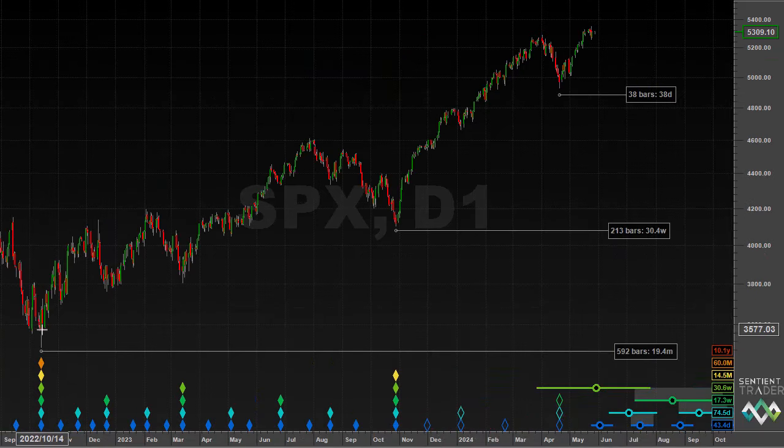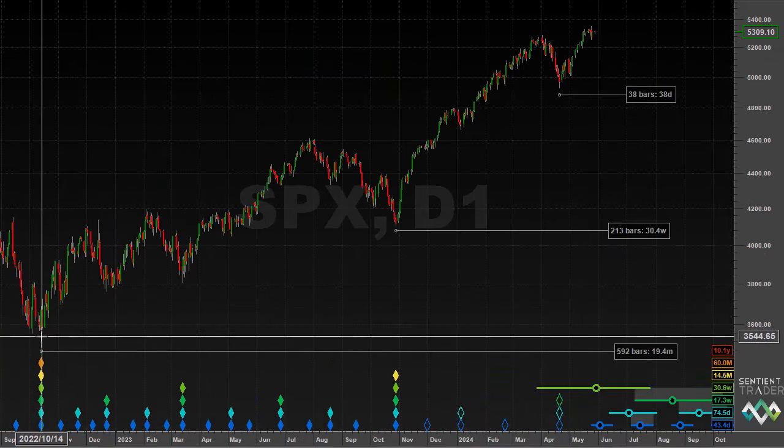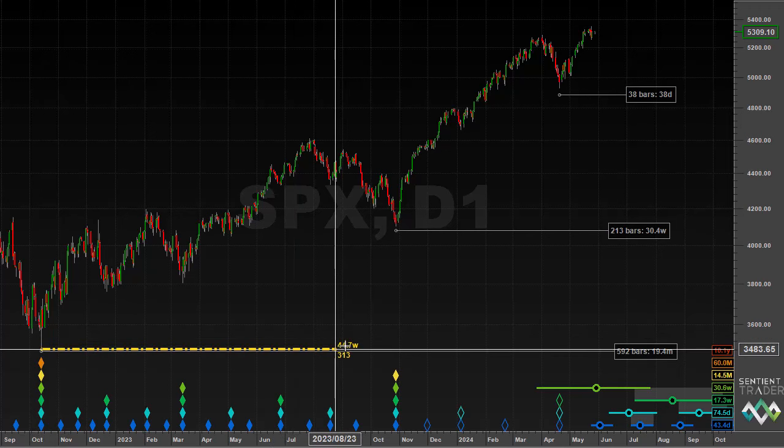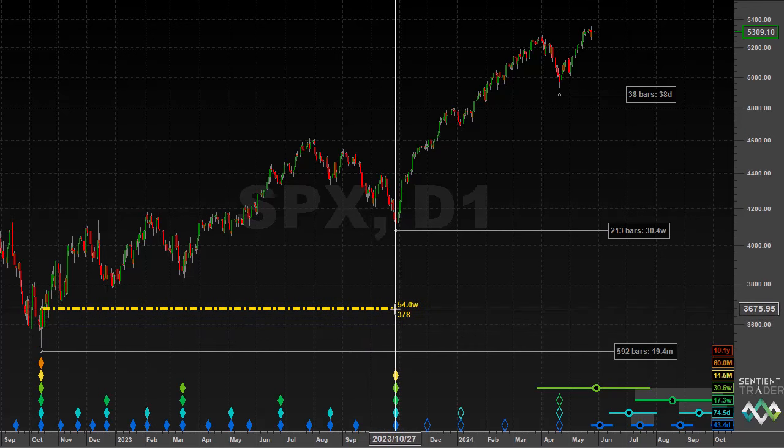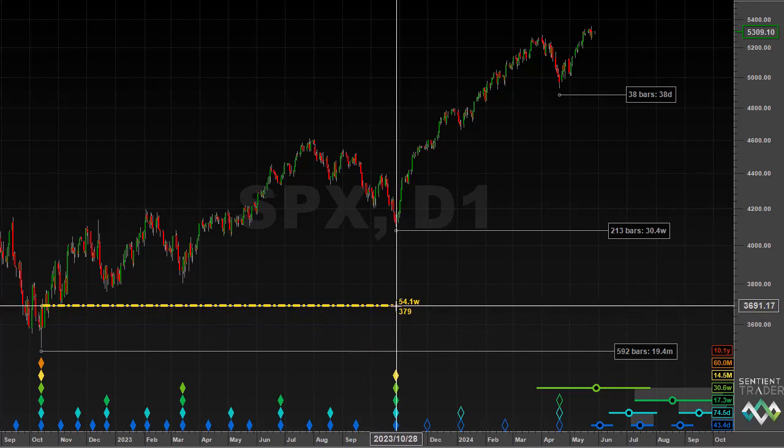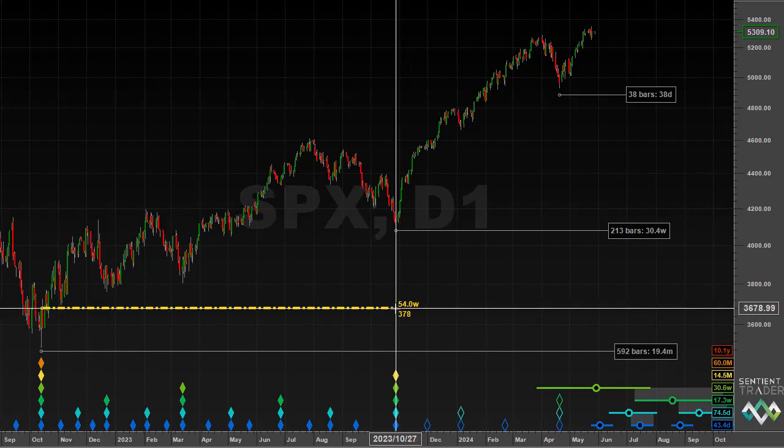And so if we zoom out and measure the number of bars from the 54-month or potential 54-month cycle trough that formed in October of 2022 to this 18-month cycle trough that formed at the end of October last year, you will see there were only 378 days. Is that a long 40-week cycle, or is it a short 18-month cycle? That is a debate that continues to rage in Hurst cycle analyst circles. I prefer the analysis that considers that to be an 18-month cycle trough as opposed to a 40-week cycle trough,